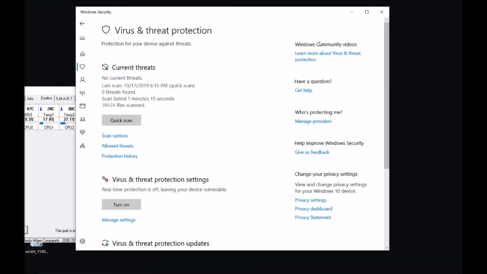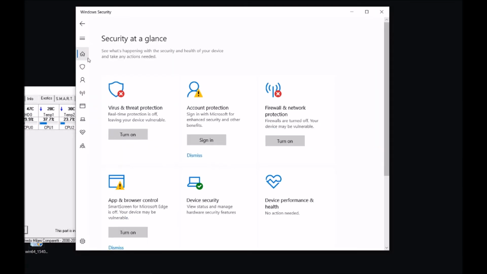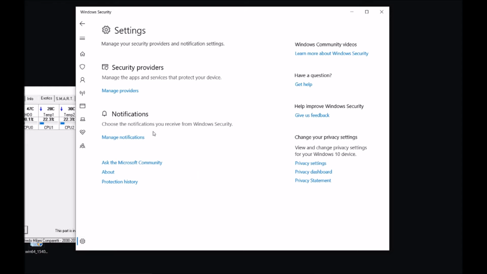I wanted to show something else. If you go on this main page here, you also have a settings well. If you click on that, you have the notifications, because when you turn all these things off, you will not get annoying notifications at the bottom of the screen saying that security is off, turn it on, and so on.